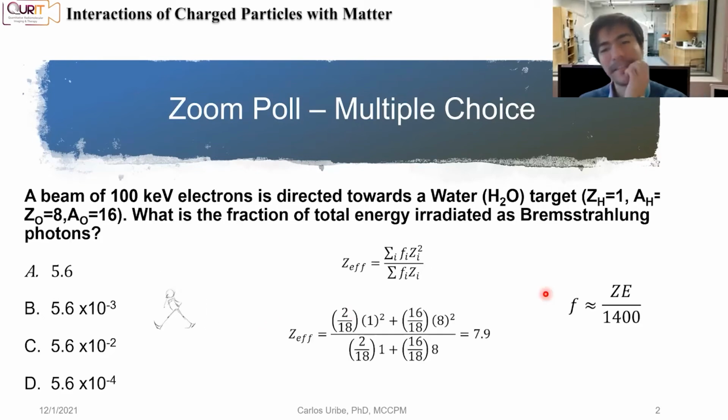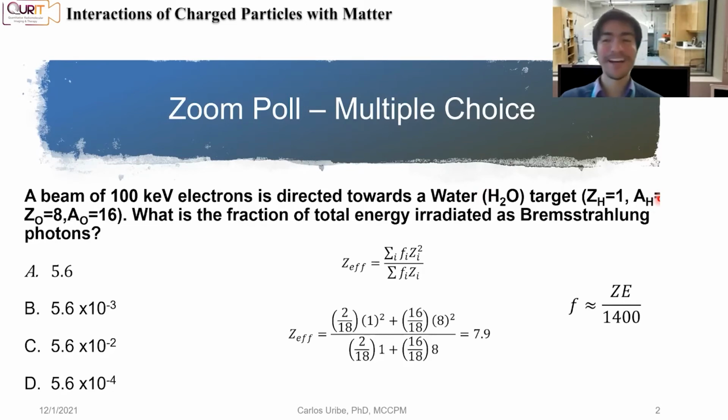Okay, so let's see this. The tricky part here is how we deal with that effective Z. So let's calculate the effective Z. We have a molecule of water, H2O. The total mass of that molecule is 2 hydrogens, so that will be